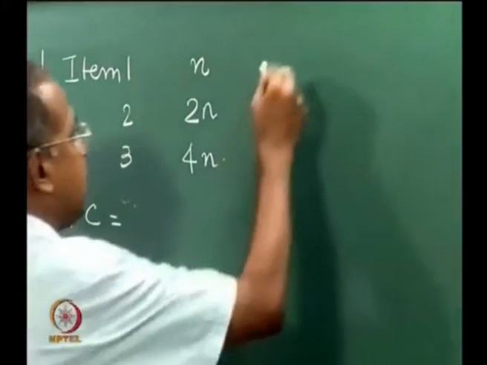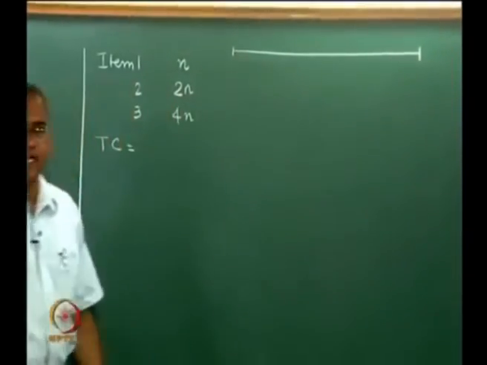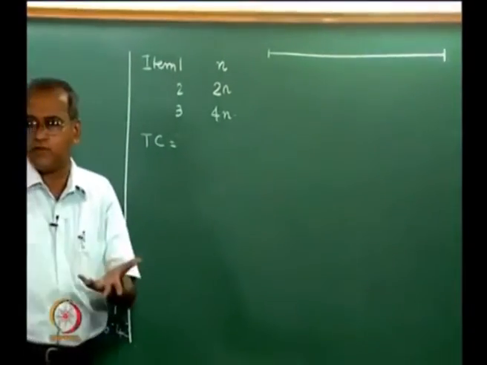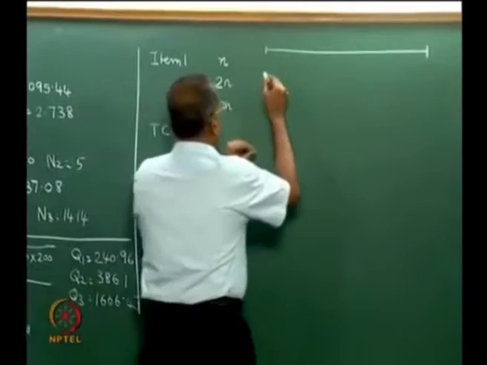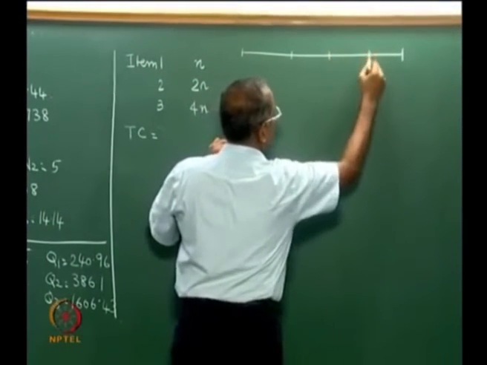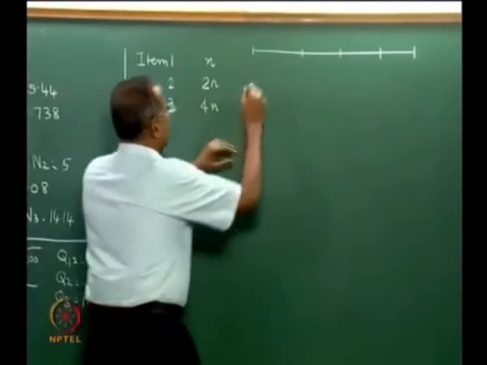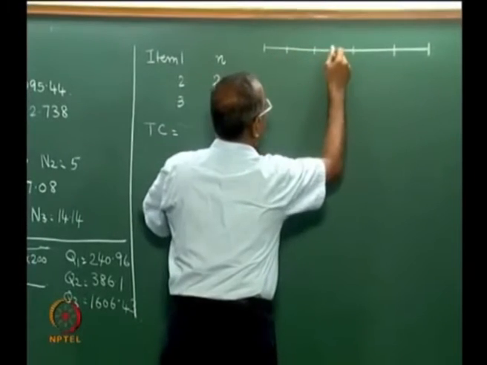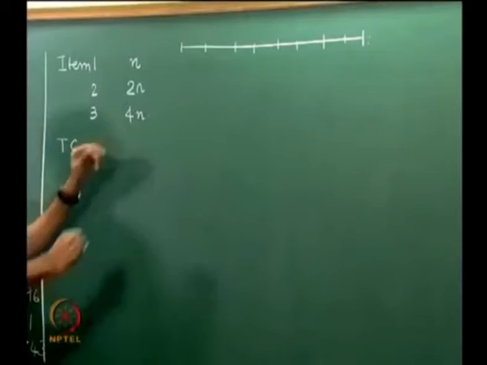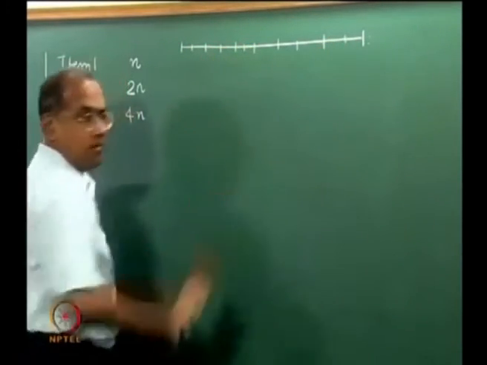For example, if we say that 4n is equal to 16 and n is equal to 4, it is like saying that the first item will be ordered 1, 2, 3, 4, and then it goes. This is the next year. Now this item will be ordered here 1, 2, 3, 4, 5, 6, 7, and there is an 8. Now this will be ordered as 1, 2, 3, 4, 5, 6, like this it will go.